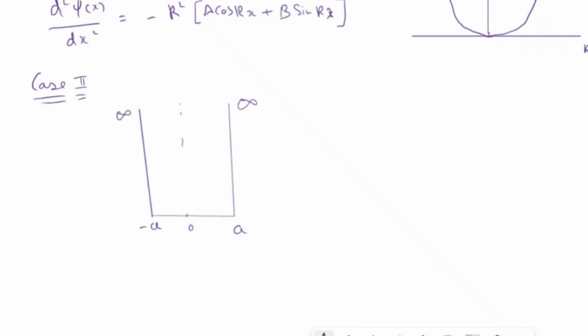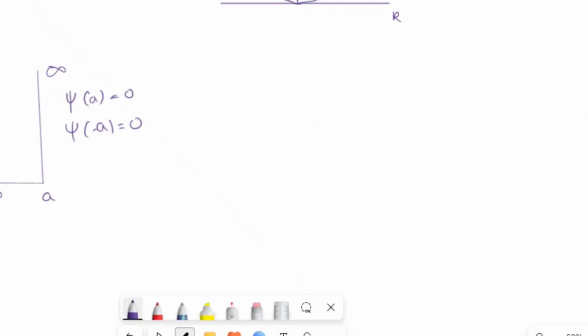at x equal to a and x equal to minus a will be 0, which means phi of a will be 0 and phi of minus a will be 0 for the condition of the bound electron. And of course, in this potential, the potential is also 0. Now, coming back to the Schrodinger wave equation,